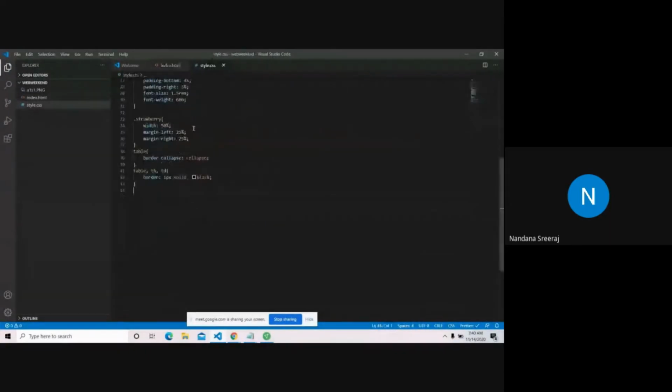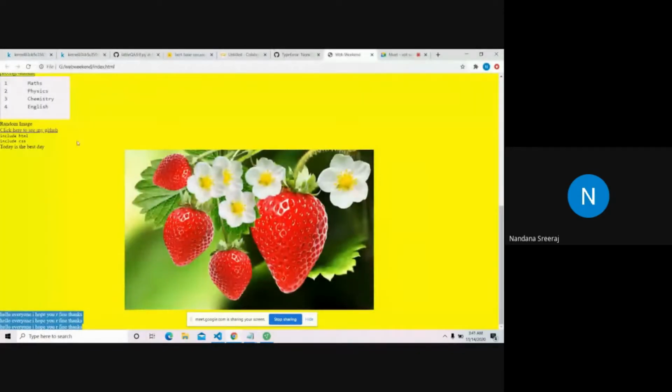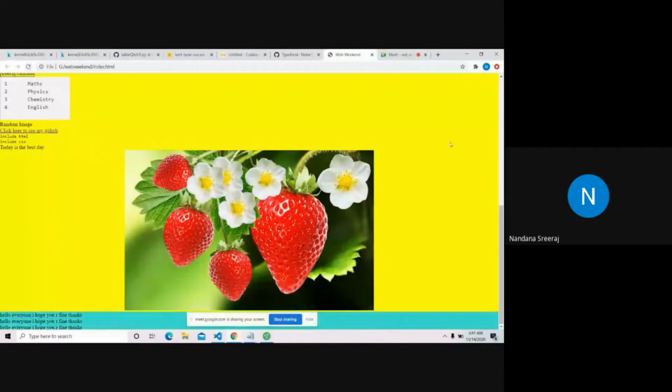I'm just going to give a background color for PT so that when we flex it, it'll look good. Background color, turquoise.